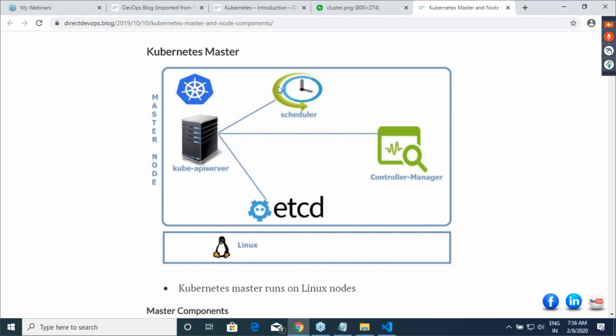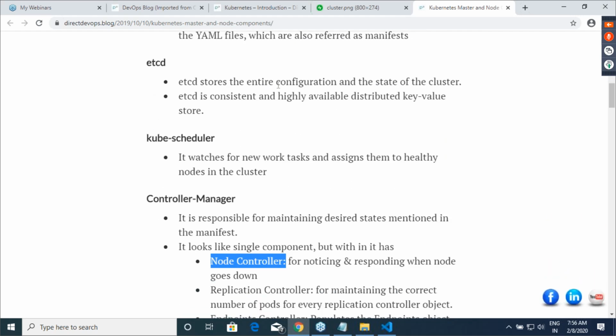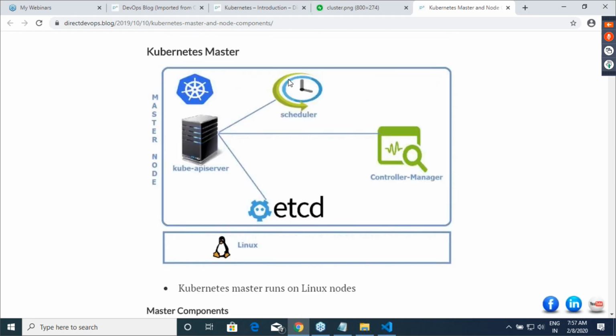But if you get one level deeper, he is responsible to notify. If it is not met, he will make the necessary decisions. And now if you look at scheduler, whenever you want to assign any new work on the nodes, scheduler will do that for you. Am I clear on these 4 components?